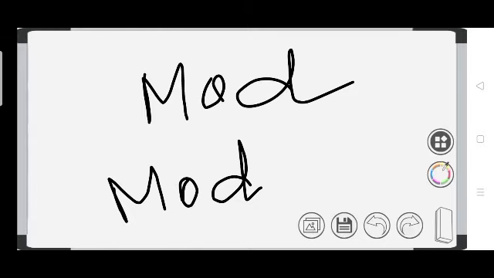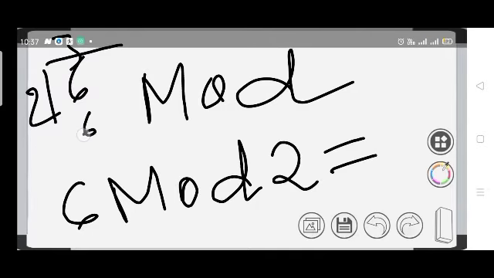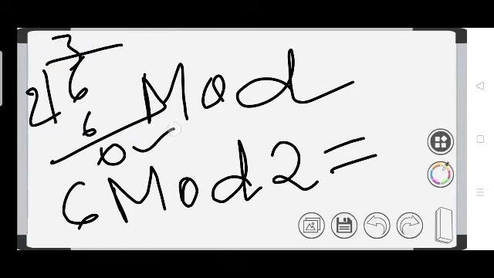If we write 6 mod 2, what will be the answer? 6 divided by 2, 2 3s are 6, remainder 0. So this is the answer, meaning the remainder. Understood? So this we will use to find out whether a number is odd or even in the program.